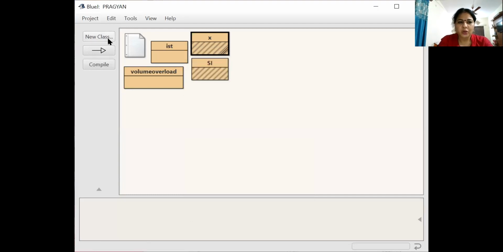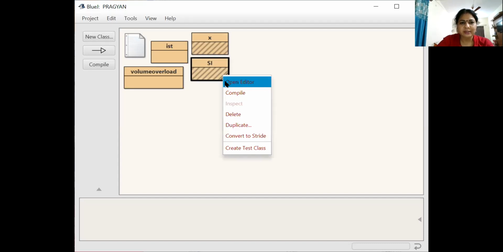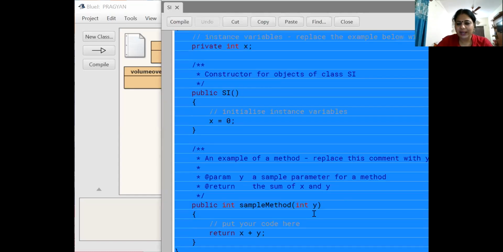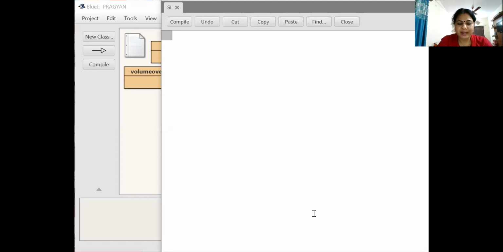Okay. Now I will get such a type of box here. I right click here. I open the editor. When I open the editor, a sample program will come for me. So I just press Ctrl A and delete. Then I write the documentation comment: calculating simple interest.